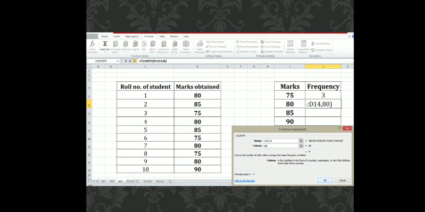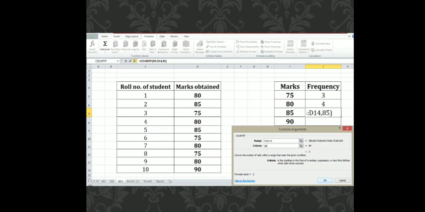As here I have chosen the criteria as 80 because I have to find out the number of students with 80 marks. When you fill the range and criteria, click on the OK button and proceed to the next cell of the frequency column and follow the process for the rest of the cells.